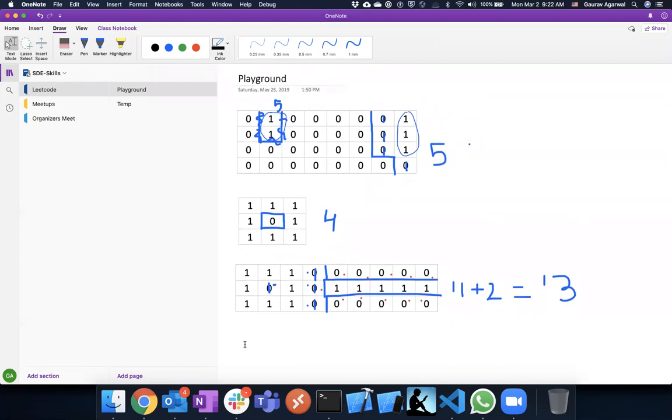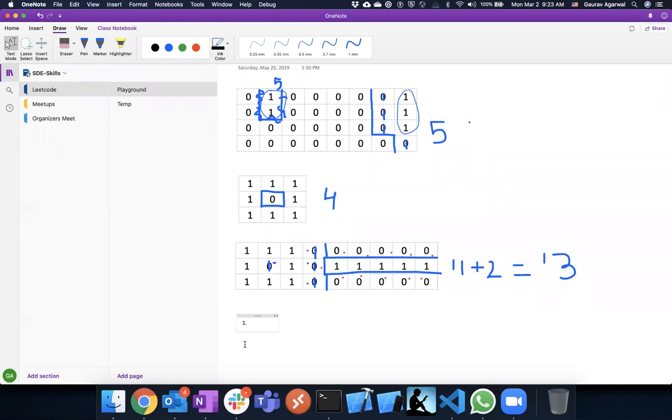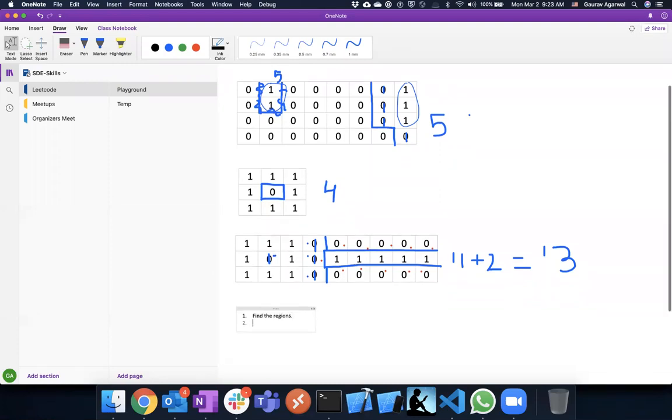Let me divide this into 2 different tasks. First task is you have to find the regions, right? And then second, you said find the region with a lower number of affected ones. Higher, sorry, higher, which will cause more contamination.